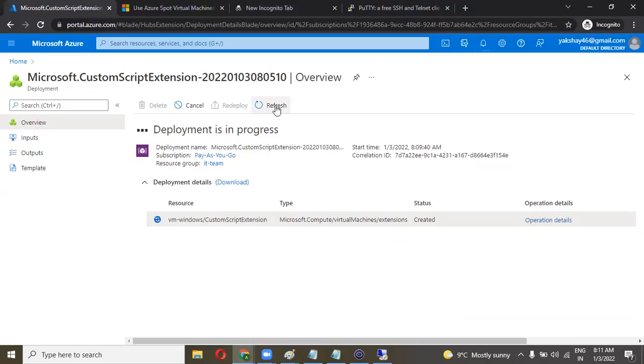This extension is useful for post deployment configuration, software installation, or if you want to configure anything related to management tasks. It is also useful for recovery purposes.